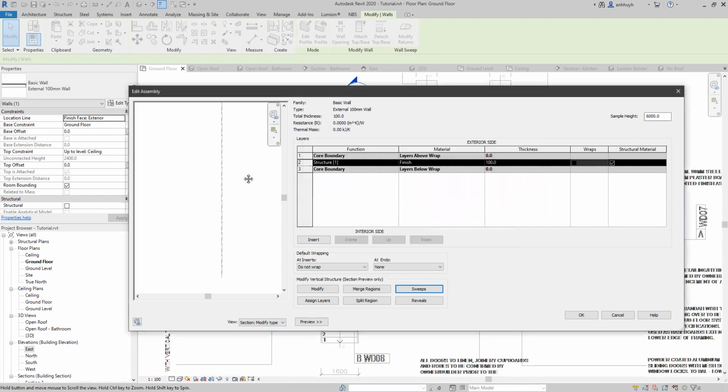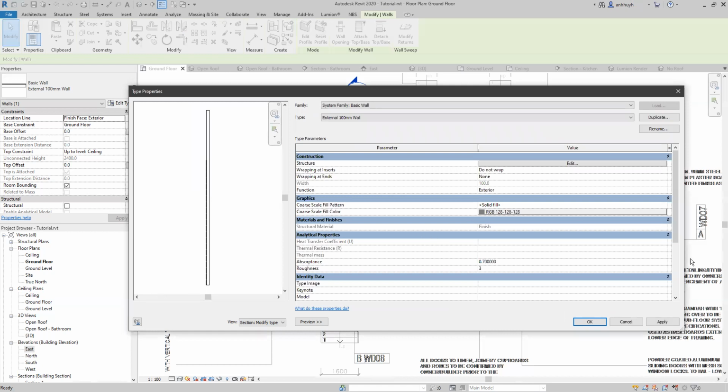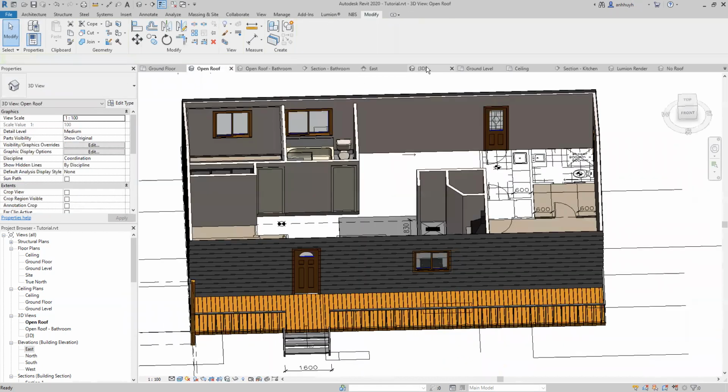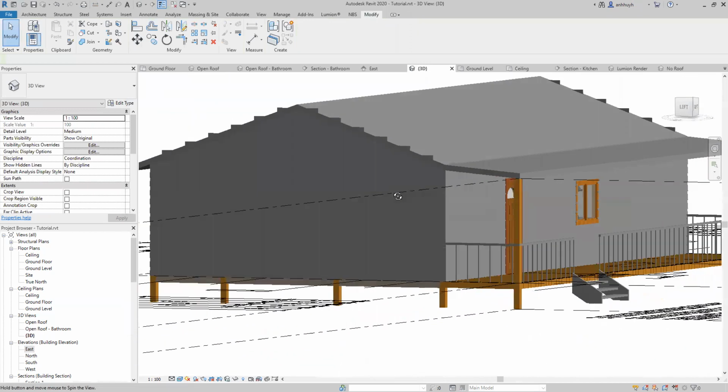And you can check the wall profile here. Make sure you entered everything correctly. Click OK. So outside of its wall. That's okay. So let's go to the 3D view. Okay, so you can see that